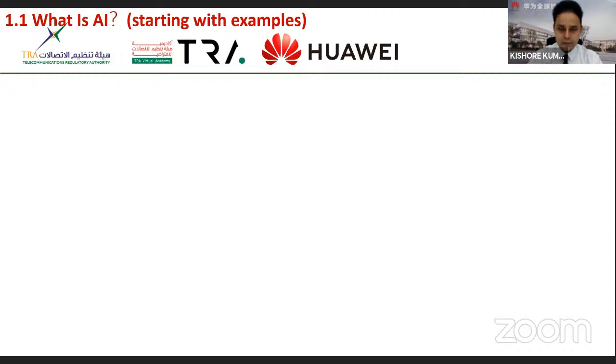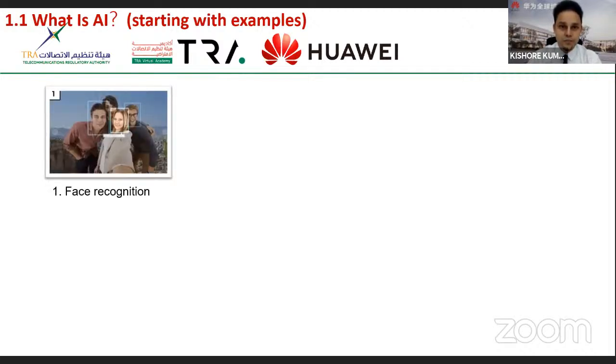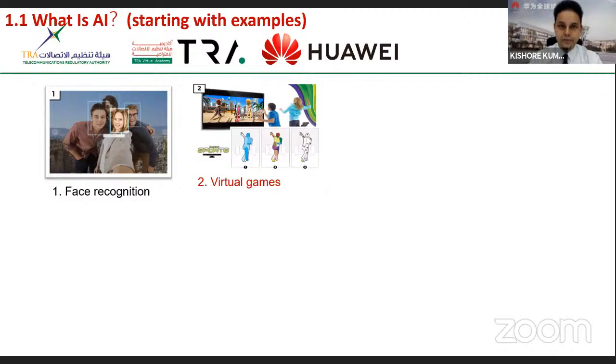So we talked about what AI is, its definition, and now we'll see some AI applications. I believe you have already seen them. You are using them already. But again, let me list them out. First of all, face recognition is everywhere. You go to the airport now, you go through immigration, you can see face recognition. In some secured areas, you also pass through the gate just by face recognition. All you have to do is look at the camera, and then you can pass if you're authorized. All right, then virtual games, an interesting one.